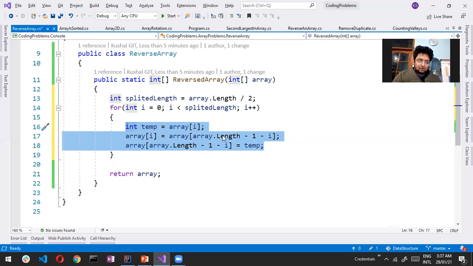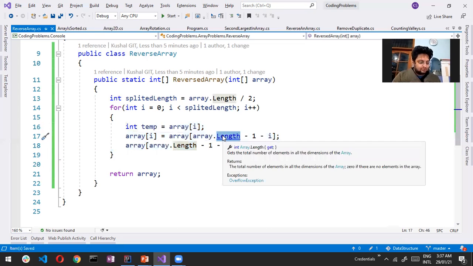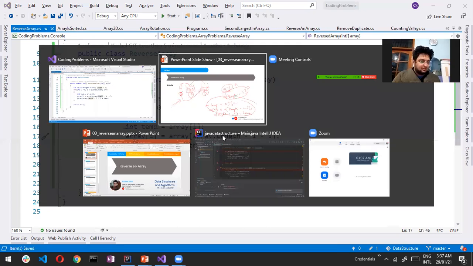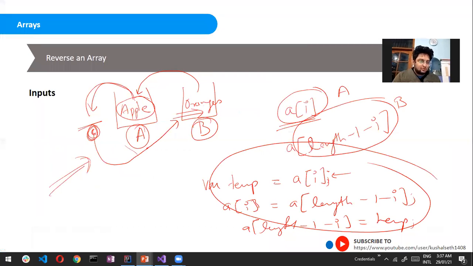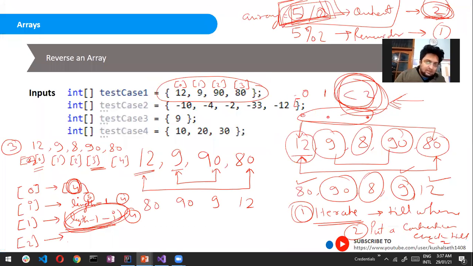Not the swap logic, but this array dot length, because it may be possible that for a few people who are new, they may get confused about how I came to this particular solution. Our question was 12 9 8 90 80.